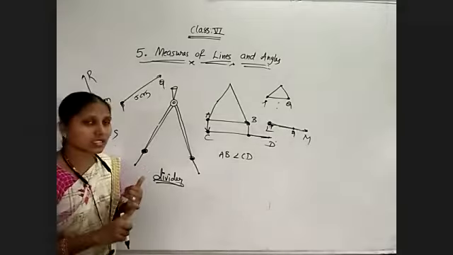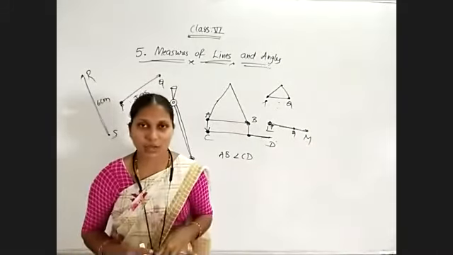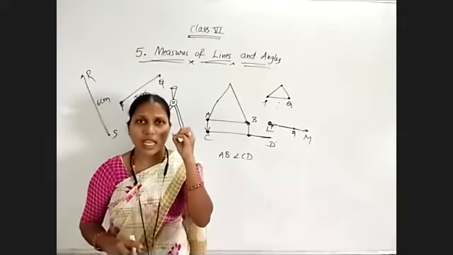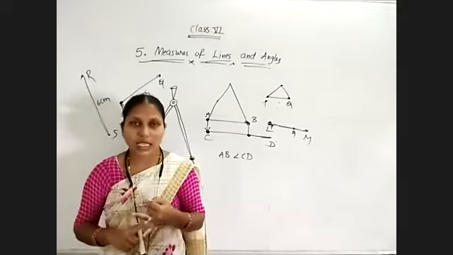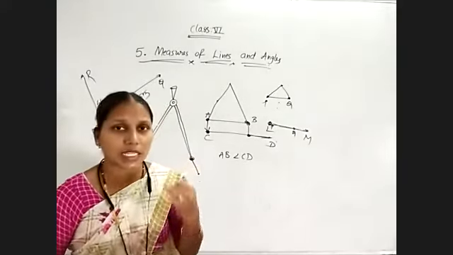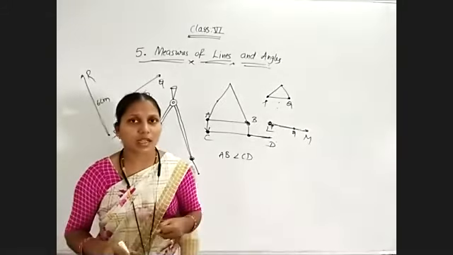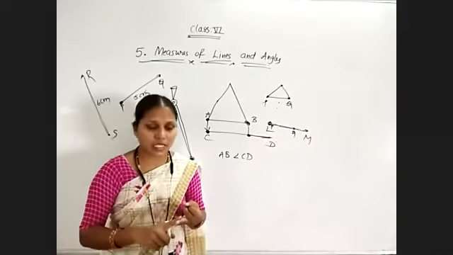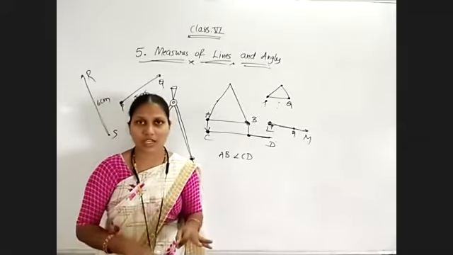Okay, the first one is a scale or ruler. Without the scale or ruler we can't form any geometrical shape. So for constructing every geometrical shape we need a scale for measurement also. Second, the protractor. A protractor is an instrument used to measure and construct angles, and it is in a semicircle shape. In the clockwise direction it has 180 degrees of measurement, as well as in the anti-clockwise direction.